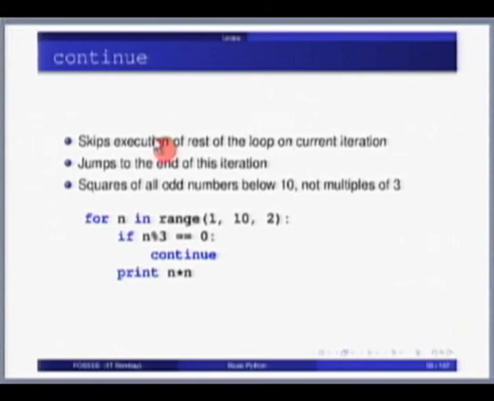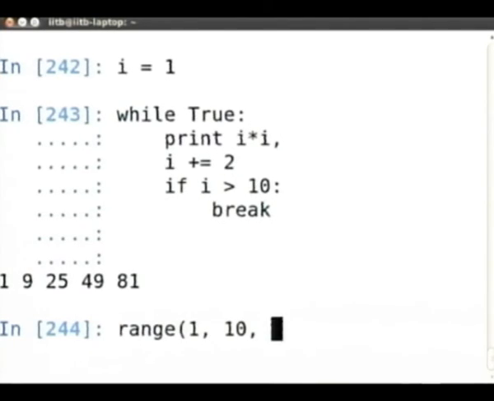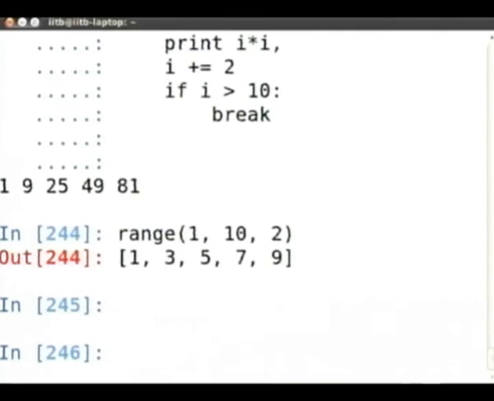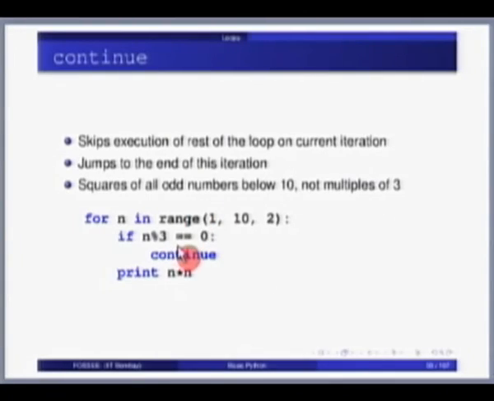The other construct that is often used is continue. So if you hit a continue, let's look at this code: for n in range 1, 10, 2. If I just print without this, the values of n would be 1, 3, 5, 7 and 9, correct? Why? Because range of 1, 10, 2 will be 1, 3, 5, 7, 9. So if n percent 3 is 0, continue. It means it will not execute anything below this and will jump back to the start of the loop. Okay, so let's try this.